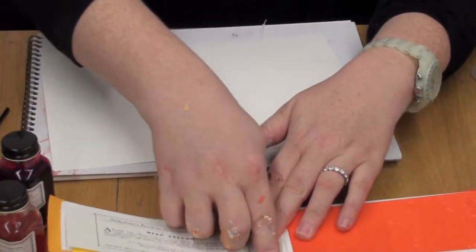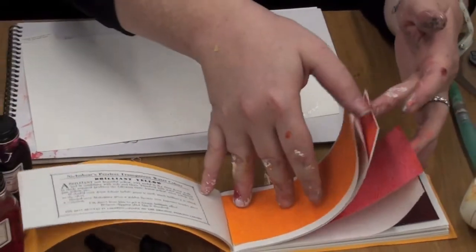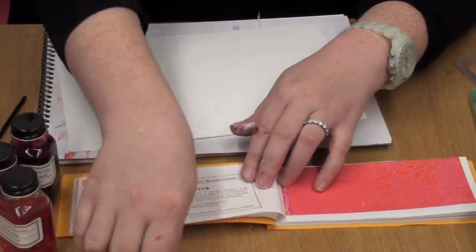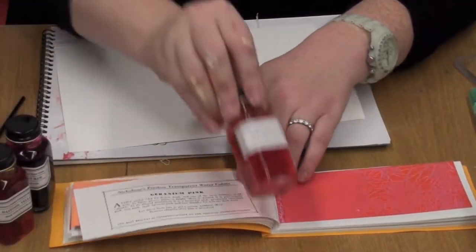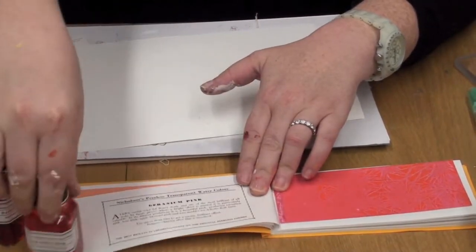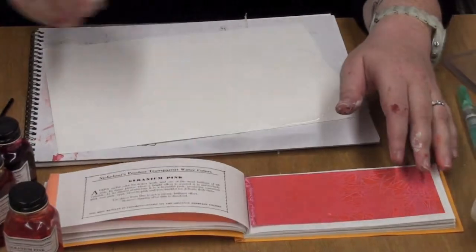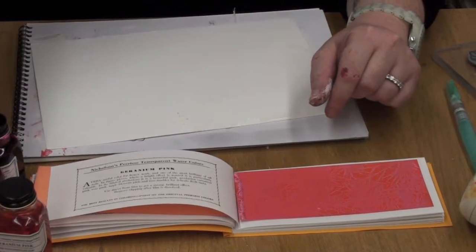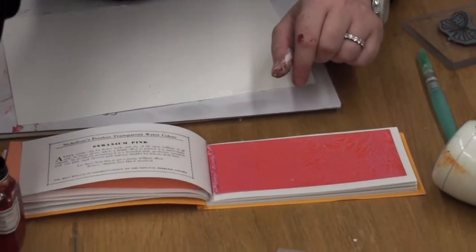Now when you start, I don't want deep yellow, I want to show you geranium pink. All these colors are stunning. Geranium pink. This is one of my favorite colors. And this is it in the liquid form also. So you see how gorgeous it is. Now when I start to draw the paint from the sheet of paper, what I do is